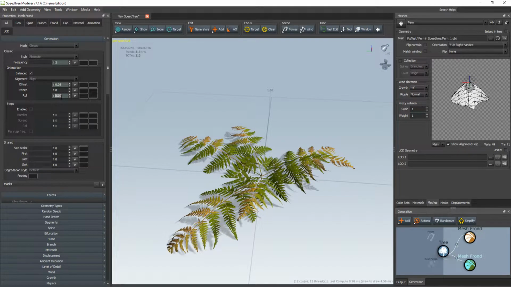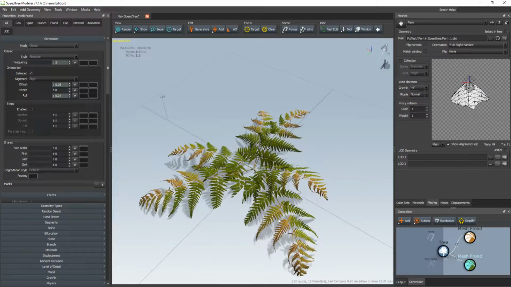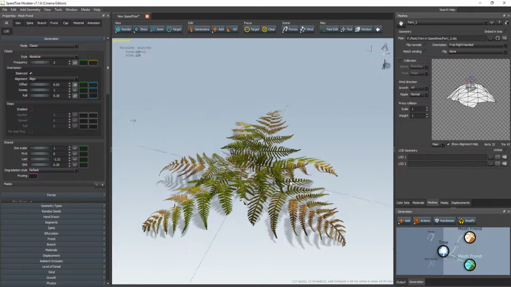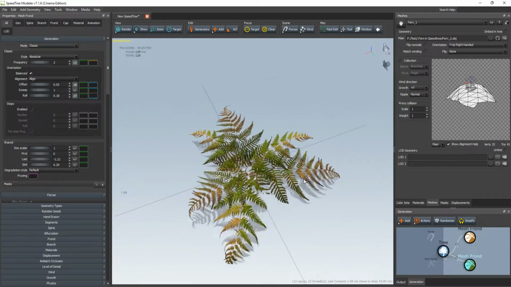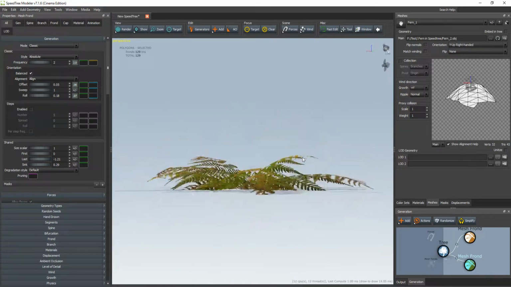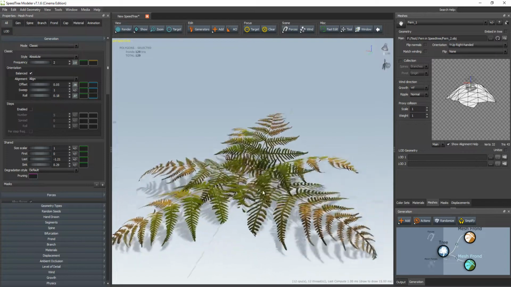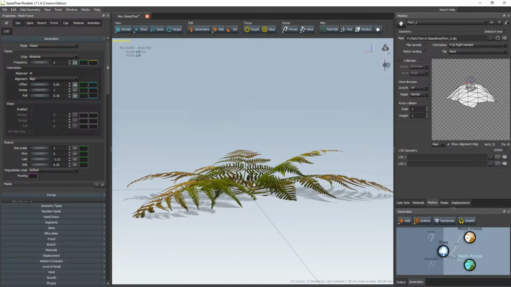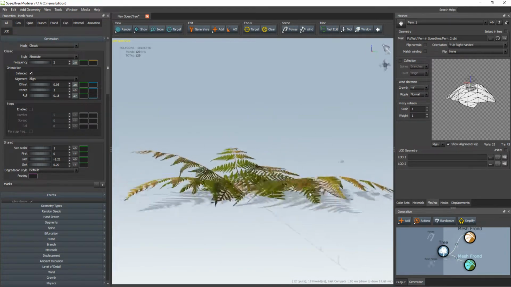So maybe like a 0.07, sorry. So now they're still the same, but if I go and drag our fern 2 onto this mesh frond right there, you can see that that's kind of varied up our mesh frond, which is exactly what we're looking to have. And you can just kind of change these as you see fit and set them to whatever